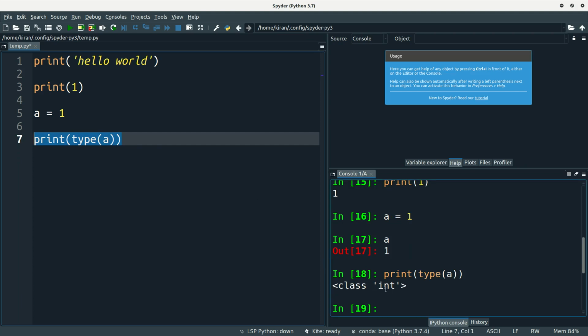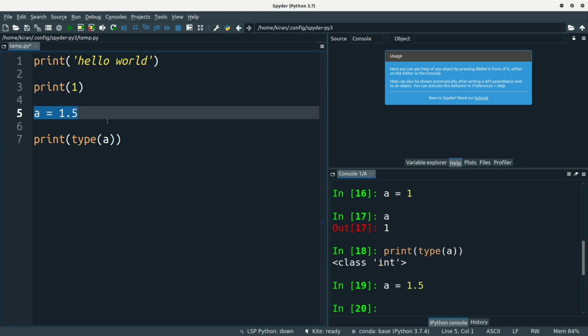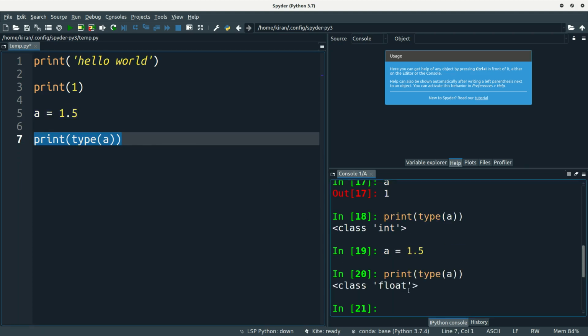Here you can see int, so it is saying that the data type of a is integer. And say I want to assign 1.5 to a, it is going to show that it is a float.